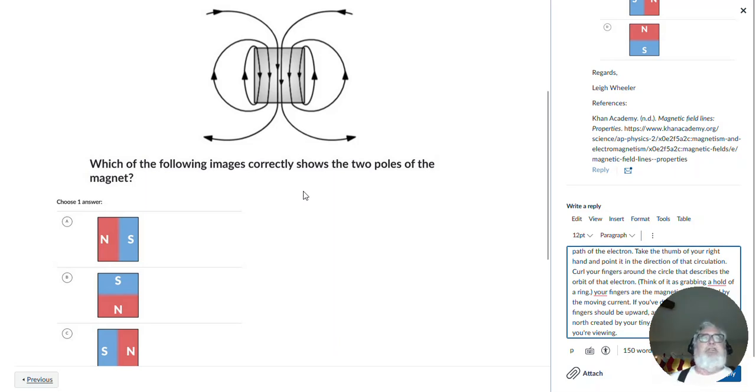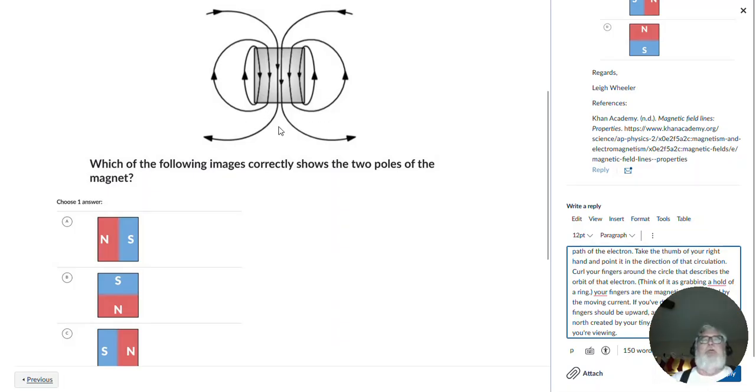Hi, folks. Here's a little question. Which bar magnet orientation seems to correspond to the field lines drawn here? Notice that we have an object here. It's square. There are field lines coming into this end of the bar magnet and out of this end of